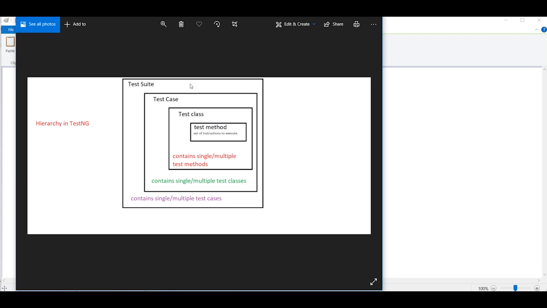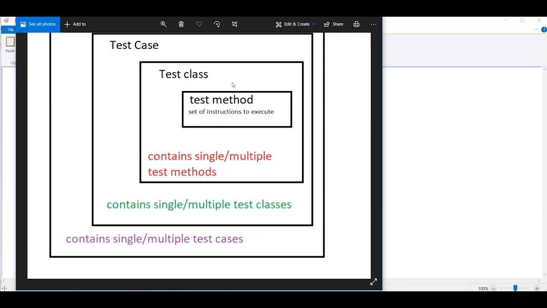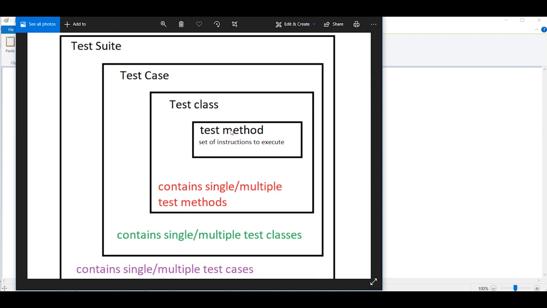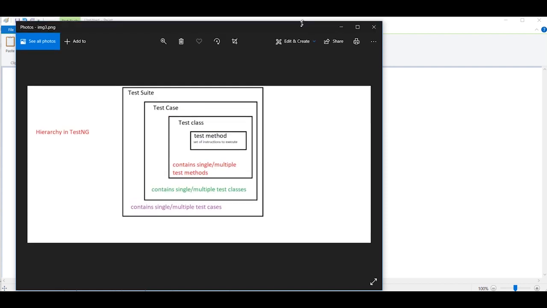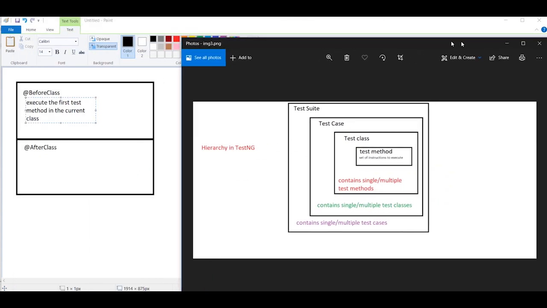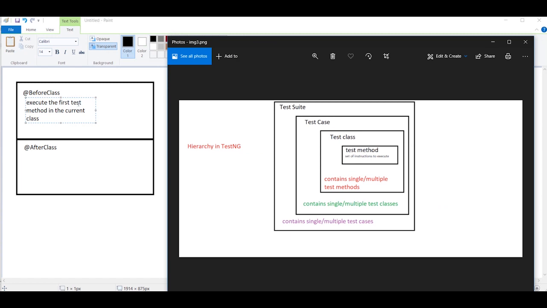A test class will contain methods. This is the thing you need to understand first. Now, BeforeClass executes before the first test method in the current class.